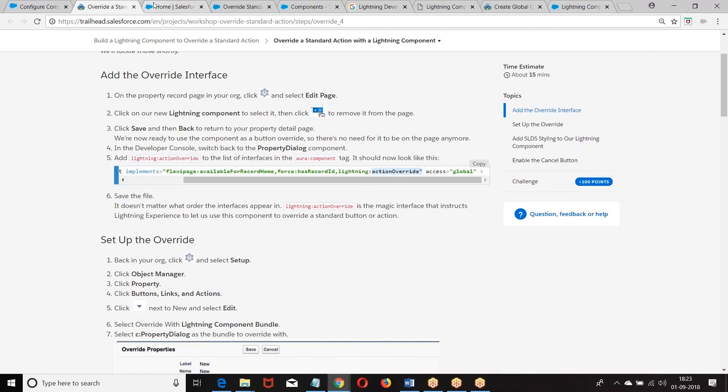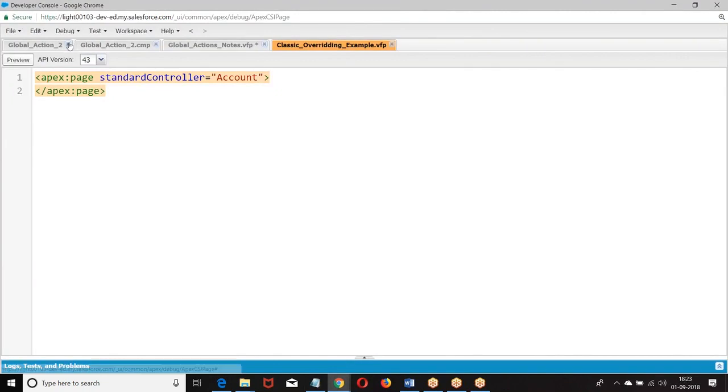Okay. Now, whatever object specific action you are creating, where do you want to give it? You want the action to be on the detail page. If you want this on the detail page, then we need to go for flexi page available for record home. You want this component to be added on the record home page. Now we are going for flexi page available for record home page. How will you get this? Let me give you the basic idea. If you are going for creation of a Lightning component, we are almost done with these interfaces. Let me give you clearly.